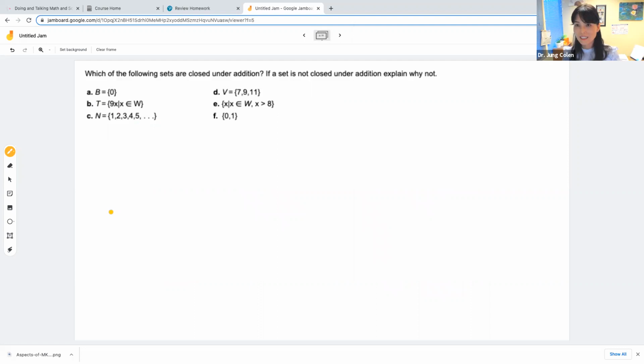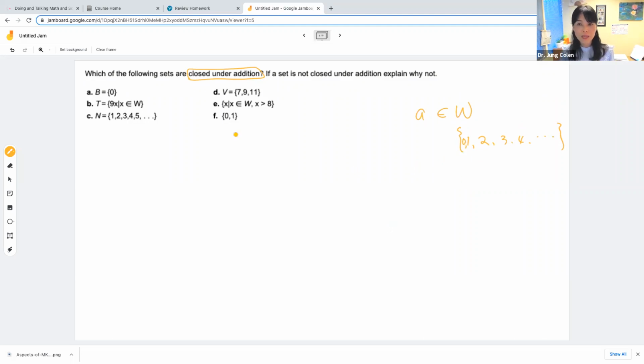Which of the following sets are closed under addition? It says closed under addition. So we talked about closed under addition in the whole number. When we are talking about closed under addition in the whole number, we talked about any number that is in the whole number. So we had really big, infinitely many number set there. In that case, the whole number was starting from 0, 0, 1, 2, 3, 4, infinitely many, and so on. So it is closed for any whole number because you pick any 2 whole numbers, add them together,